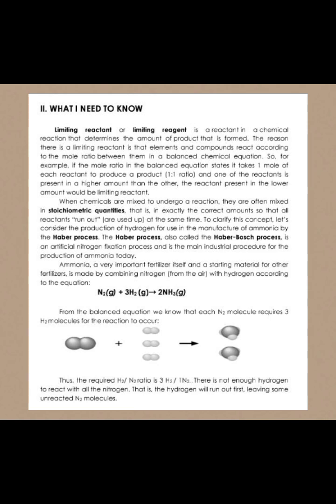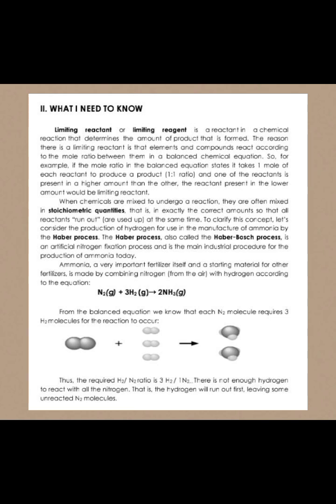When chemicals are mixed to undergo a reaction, they are often mixed in stoichiometric quantities. That is, in exactly the correct amount so that all reactants run out or are used up at the same time. To clarify this concept, let's consider the production of ammonia by the Haber process. The Haber process, also called the Haber-Bosch process, is an artificial nitrogen fixation process and is the main industrial procedure for the production of ammonia today. Ammonia, a very important fertilizer itself and a starting material for other fertilizers, is made by combining nitrogen from the air with hydrogen according to the equation